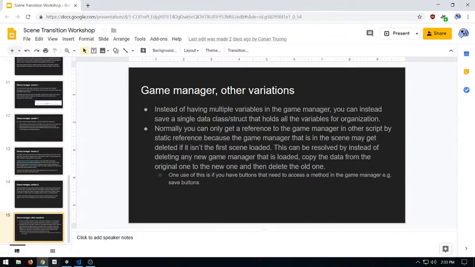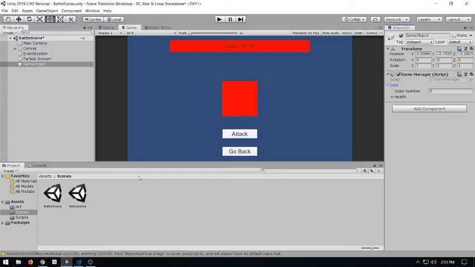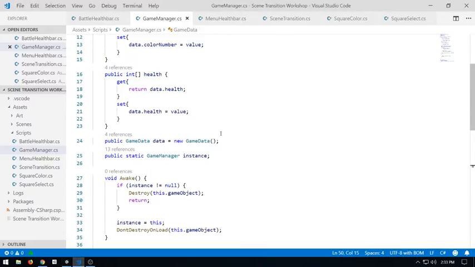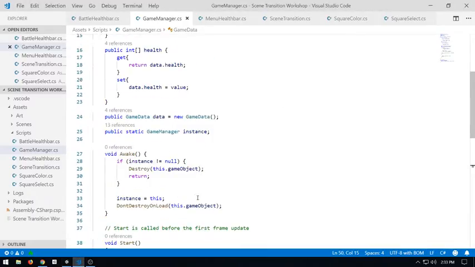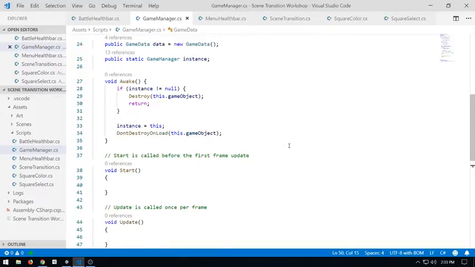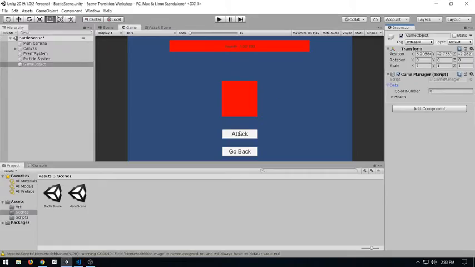Second thing is, say for some reason you have a button that calls one of these methods here. Or say you have a save or load method in here and you have buttons that do that. You won't be able to